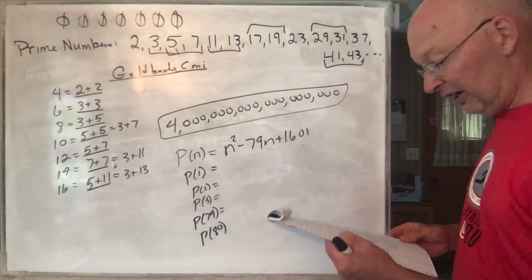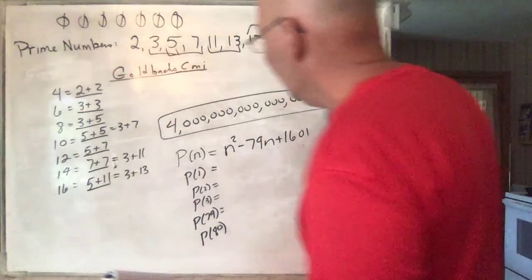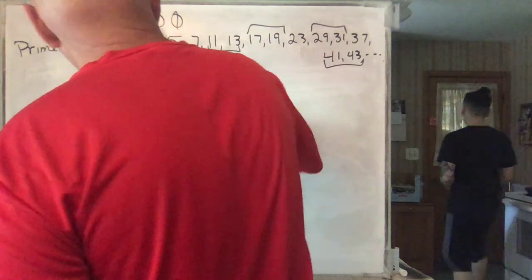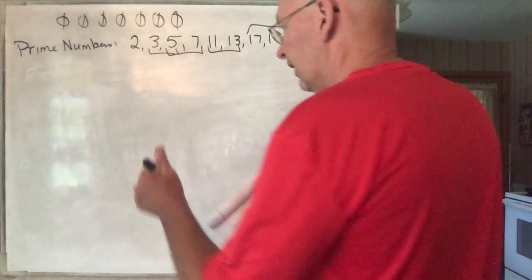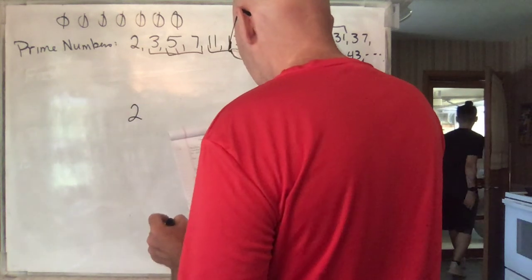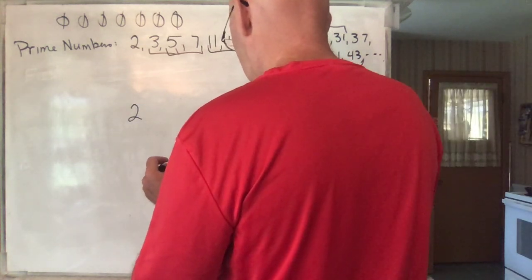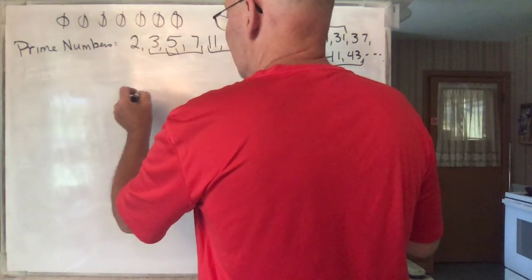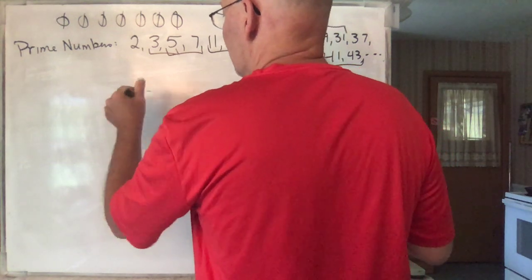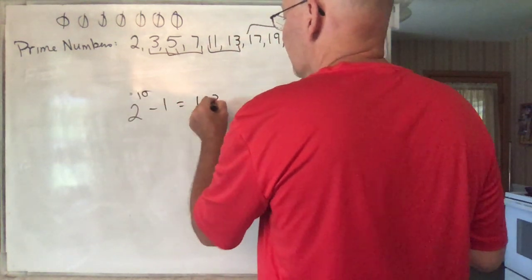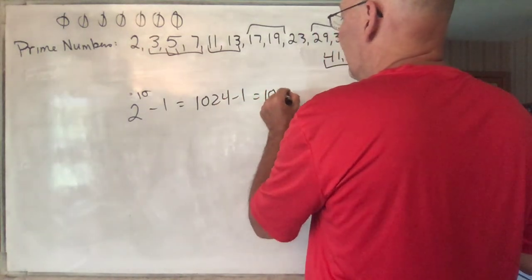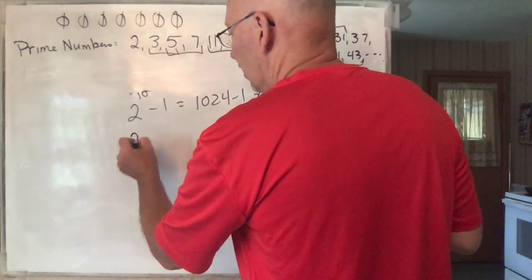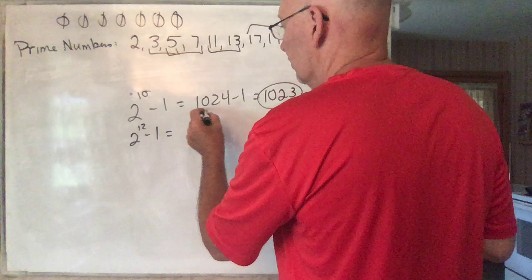Just a couple other things that are kind of important about primes. When you try to find big primes, which they try to do because we need them for security, one good way to find primes is to take 2 to a power and subtract 1. So 2 to the 10th is 1024, minus 1 is 1023. That's a prime number. And if you do it for 2 to the 12th, 2 to the 12th minus 1 is equal to